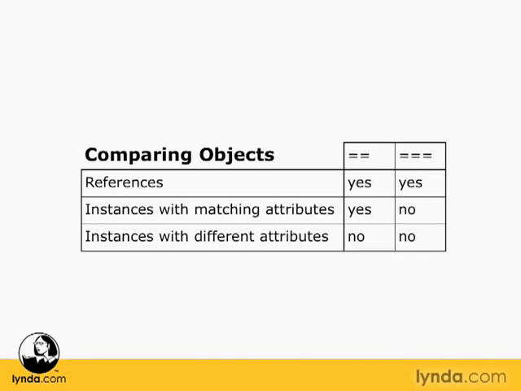So now that we understand how to compare objects, and we understand references, we understand cloning, we understand constructors, we really have a good understanding of how object-oriented programming works in PHP. We're ready to actually put it into practice and to start a project that will help us to